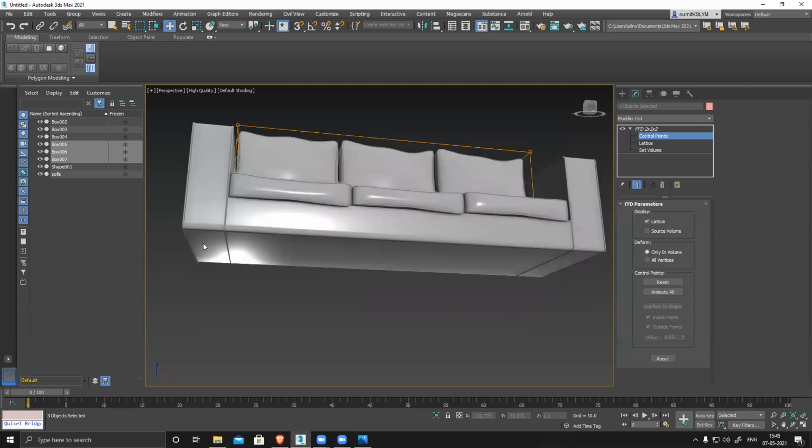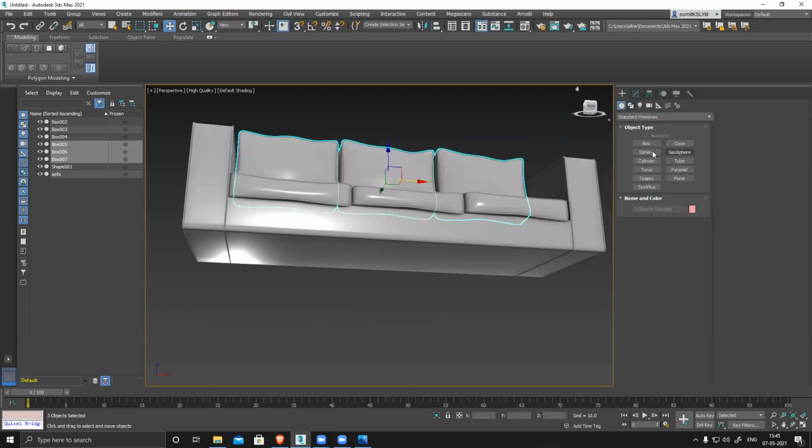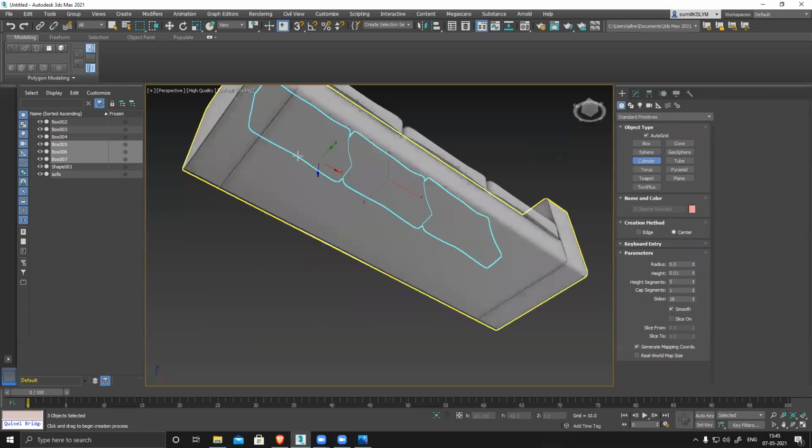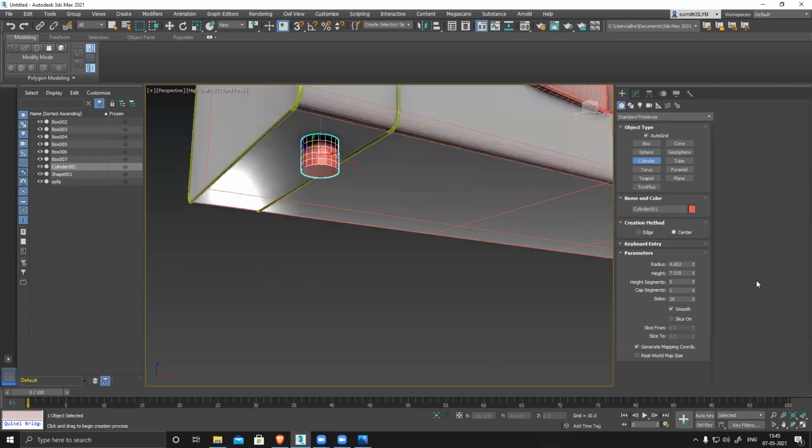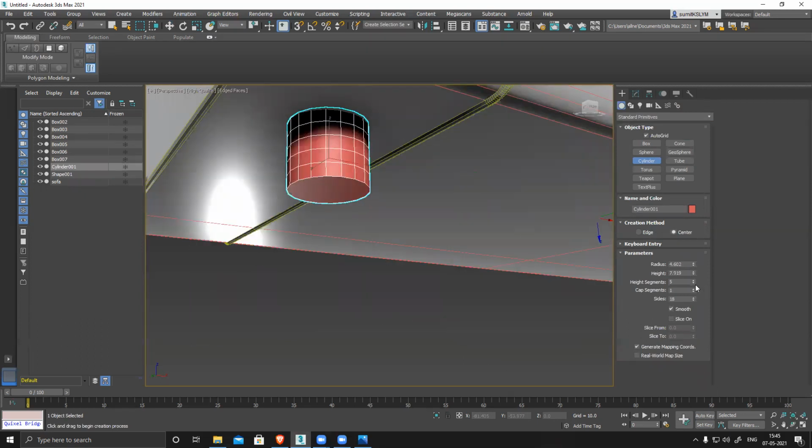Now we have those stands, cylinder, auto grid. Just create only one. F4 with too many loops, I don't want.